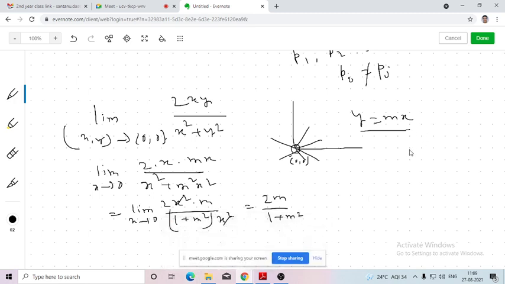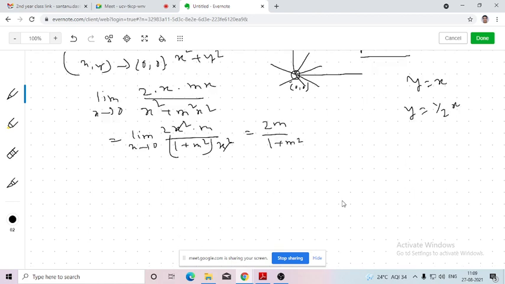So here if you change the path, that means if you take one direction, if you take the straight line y equals to x, here m will be 1. If you take y equals to half x, m will be half. So if you put m equals to 1, you will get one limiting value. If you put m equals to half, you will get another limiting value. So in that way, since the limiting value is dependent on the parameter of the family of paths, the limiting value will change if I change the path. That's why in that case the limit doesn't exist. You have studied this in first semester, I guess you know.